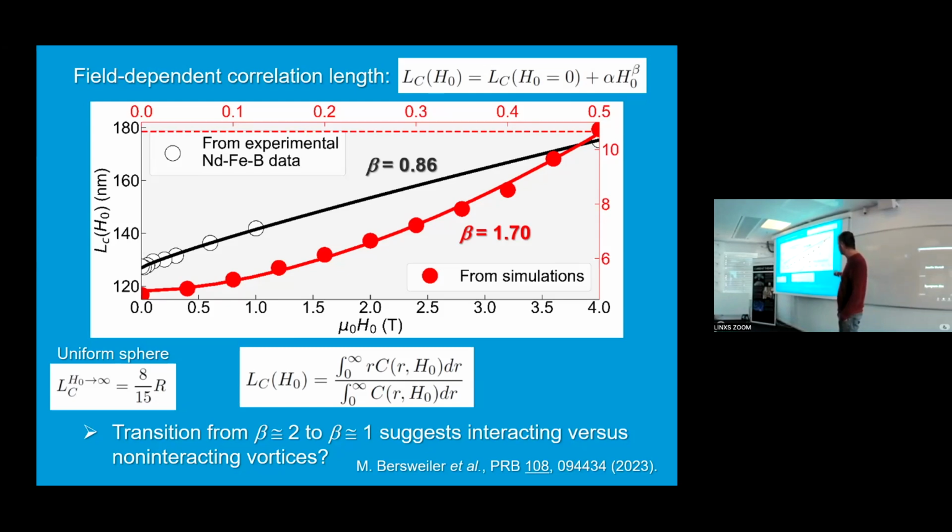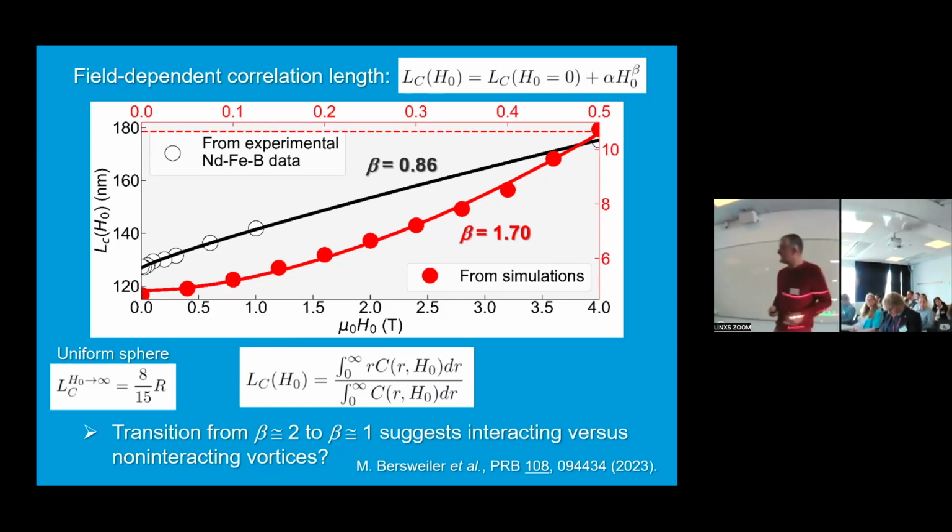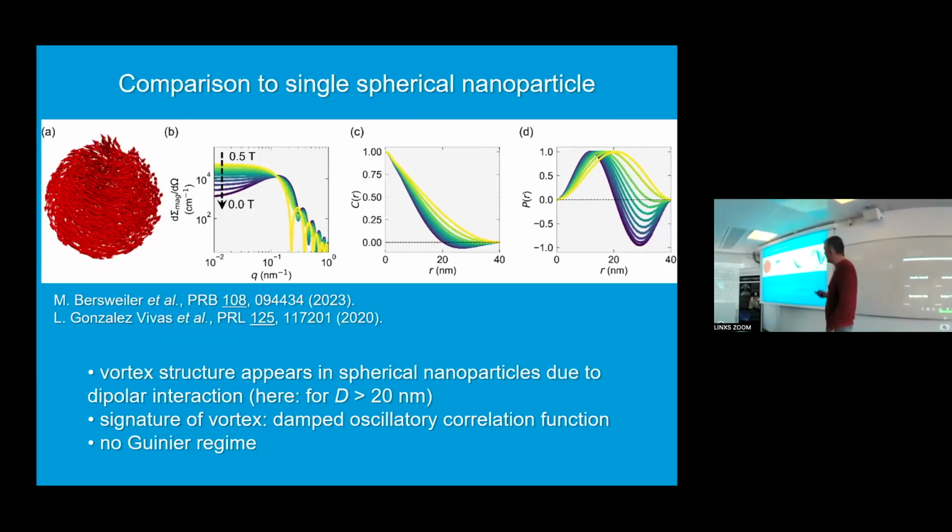So there are two different scales here. The red refers to the simulations where the size was 40 nanometers, and this is the experimental values that we get for the correlation. Just one comment: why do we have different length scales here? The reason is simply, when you go back to the simulations,